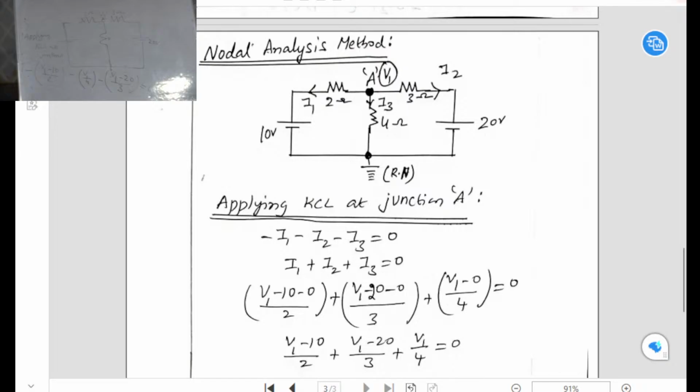Find the current through the 5 ohm resistor, comma, voltage drop across the 5 ohm resistor, and power taken by the 5 ohm resistor